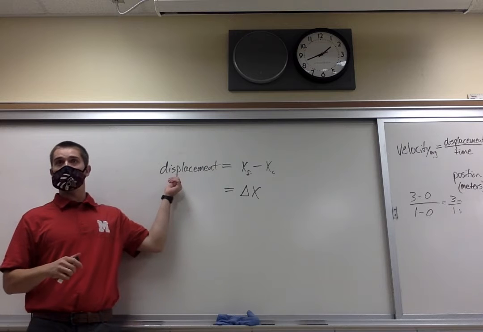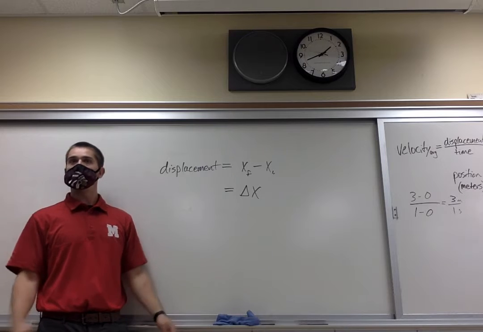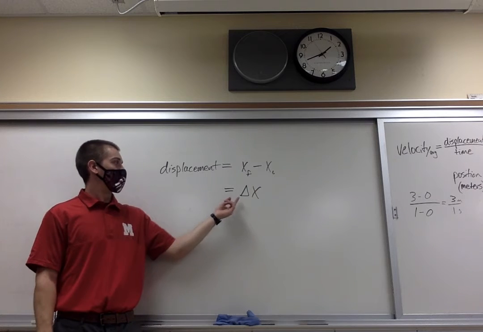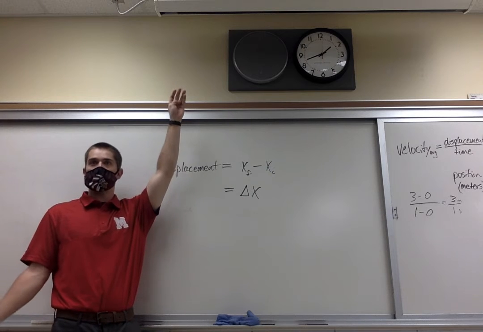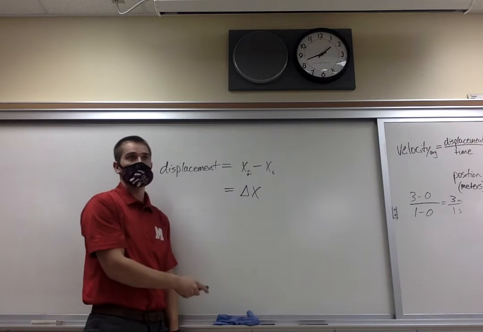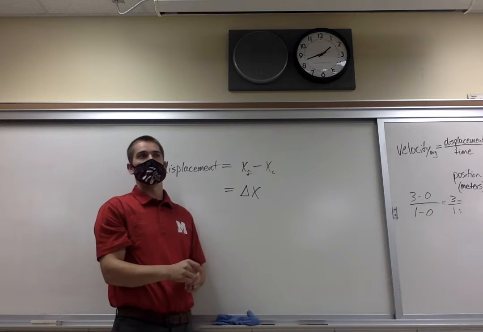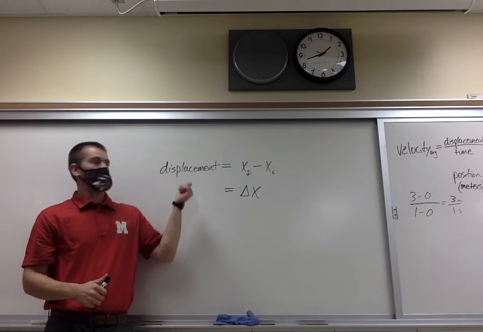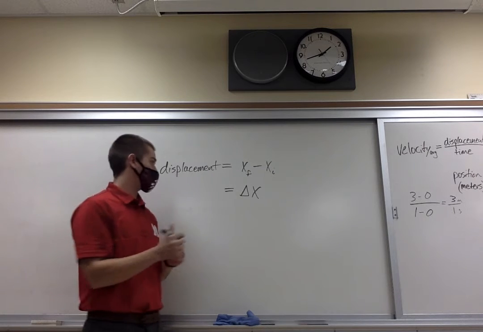So, displacement, all that means is how did your position change? The way you calculate that mathematically is the final position minus the initial position. Hopefully you guys have seen this triangle before. How many of you have seen that before? Delta, that just means change. Change in x. Whenever you see change in blank, do the final minus initial. But that's a shorthand notation that we'll use a lot. So when we have a displacement, we have a change in position. That previous example,